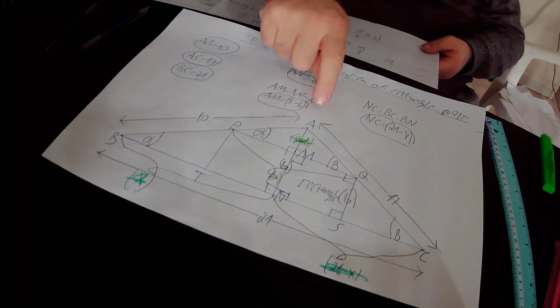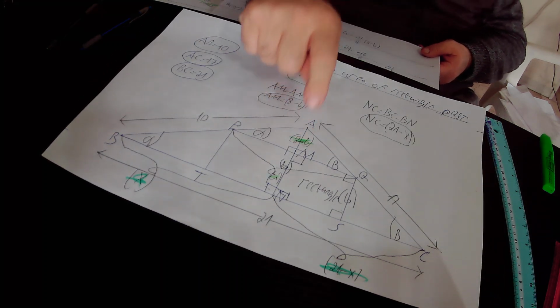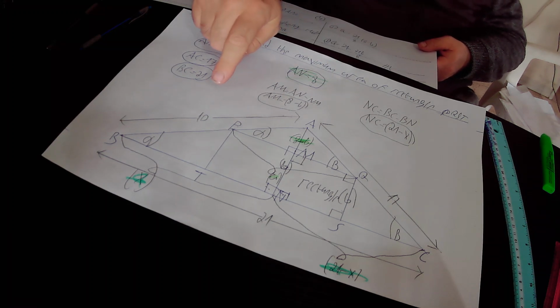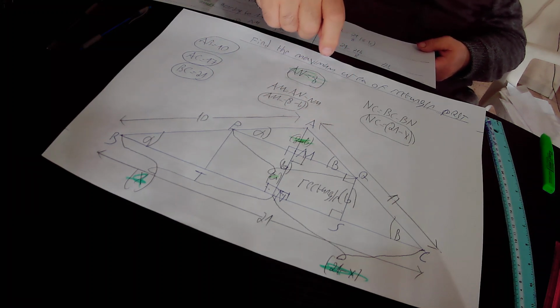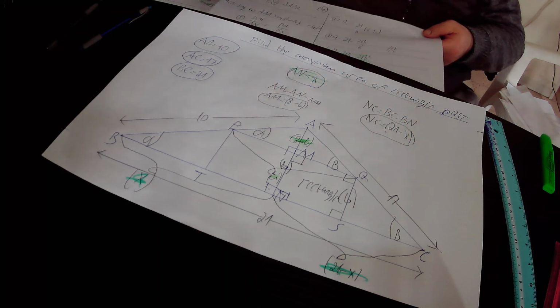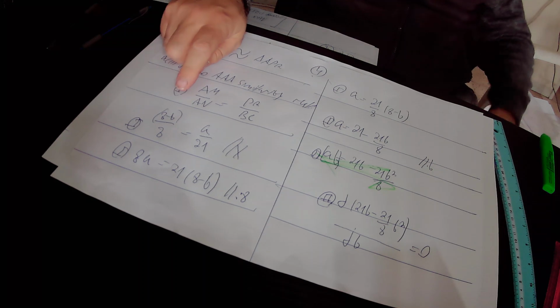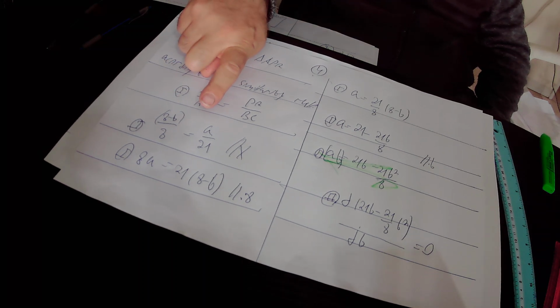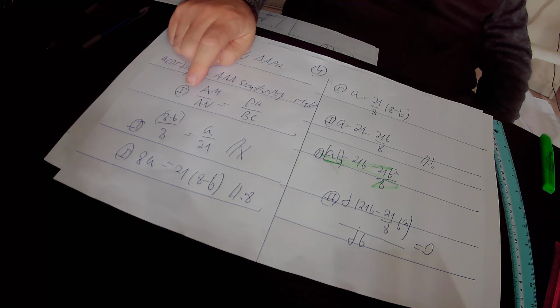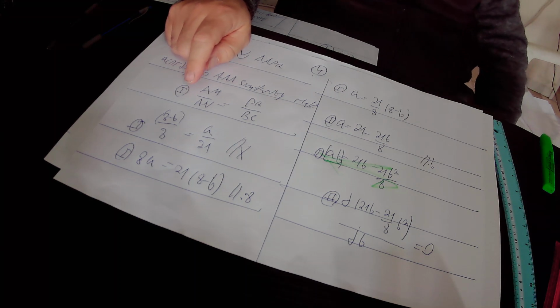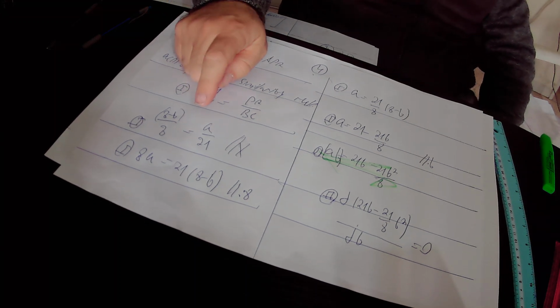AM is 8 minus B over AN is 8, and it equals PQ, that is A according to our definition, over BC, that is 21. So according to equation 1, we found out that 8 minus B over 8 equals A over 21. Here we cross multiply this equation and equation 1, and finally found out that 8 times A equals 21